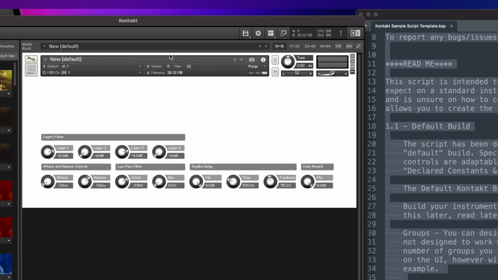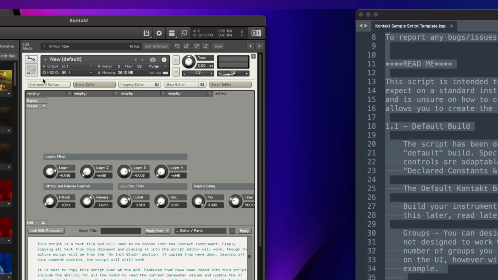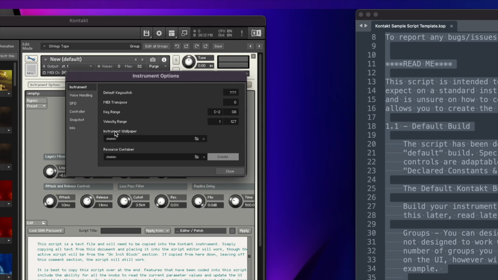So if you wanted to do an image that covered this whole background, we'd be looking for 418 in total, which is 350 plus 68. So if I did a background at 418 high by 900 pixels wide and throw that in here, we'll be ready to go. For instance, let's click on the spanner here, jump into instrument options, and you can see instrument wallpaper,